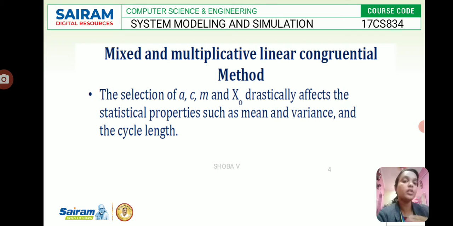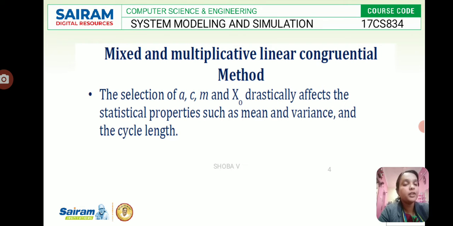So now before coming to the mixed and multiplicative linear congruential method, we need to understand the linear congruential method a little bit. So we have the parameters a, c, m and X naught. This is the same for the linear congruential method, and we have to use it to generate a sequence of random numbers with X naught, a, c and m having some values. Here the integer values generated will be between 0 and 99, because of the modulus, and whatever we get modulus-wise is the result.